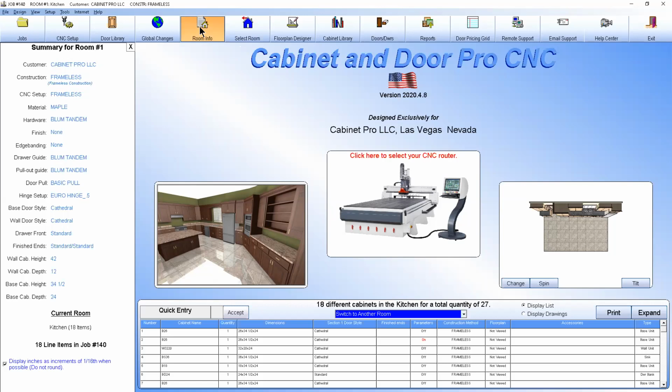I'm going to go into our door and drawer information, maybe, right here. Construction method, I'm going to change that construction method to lockdown. When I hit OK,